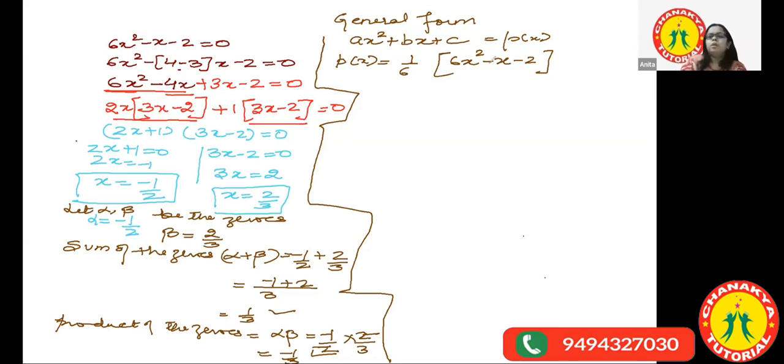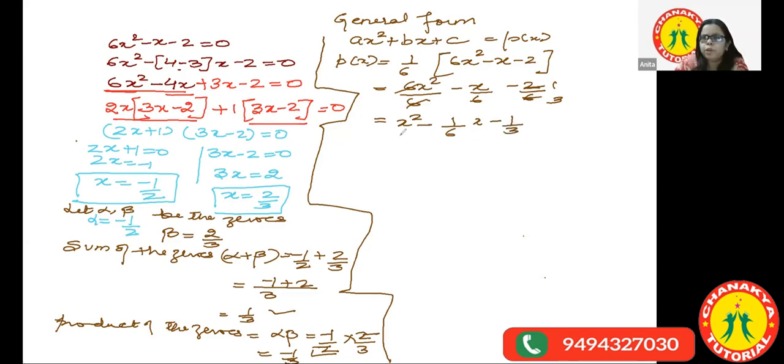Okay. Now, comparing it with. So, 6x square by 6 minus x by 6 minus 2 by 6. Right? So, 6 cancel. 2 ones are 2, 2 3s are 6. So, your polynomial was x square minus 1 by 6x minus 1 by 3. It was your real polynomial which was given in the question. So, on comparing this with the general form, your value of A is,